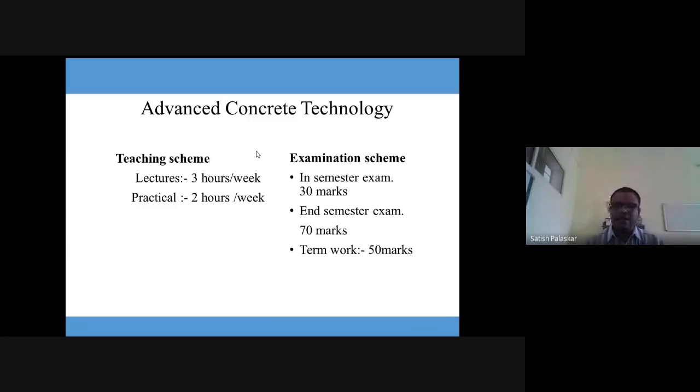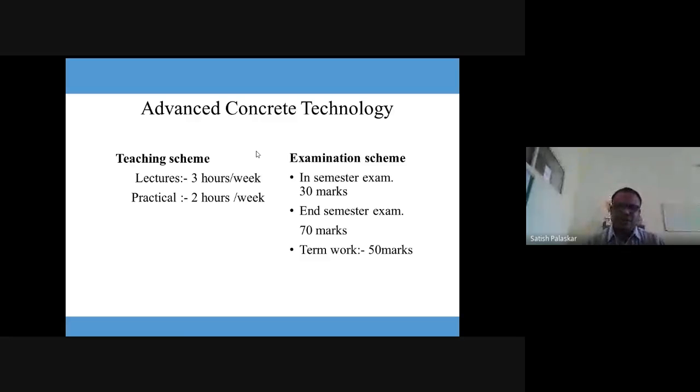Okay. Now, if we consider the syllabus of this subject, Advanced Concrete Technology, in the second year civil engineering, you studied concrete technology, where you will study the cement, different types of cement, their manufacturing, their different properties. Then ingredients of the concrete, that is cement, sand, aggregate, and water, and different admixtures. Their proportioning, how to cast a concrete, how to find out the different tests of the concrete. It may be a compressive strength, it may be a slump cone test, or many more.